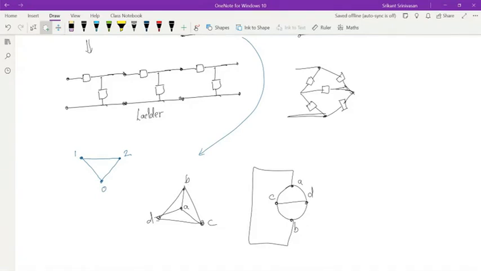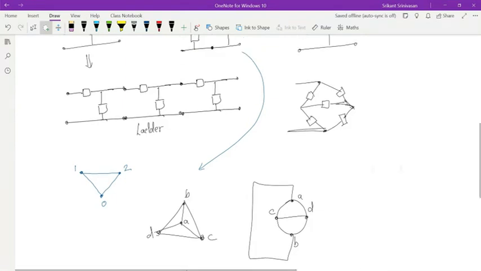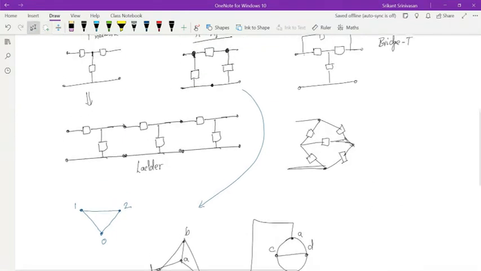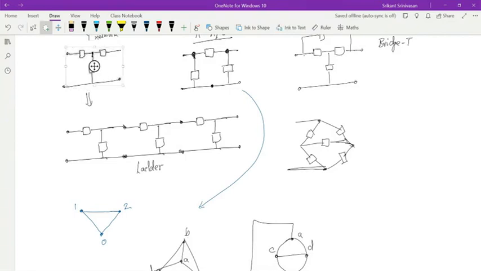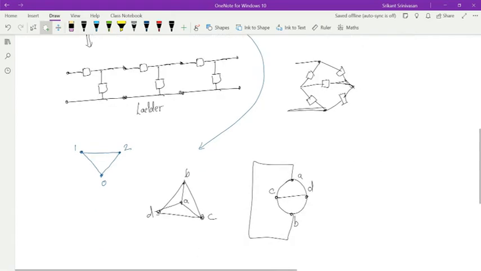So you automatically try to understand the networks in terms of some subcomponents. Supposing I draw some big complicated network, when you are solving it by hand on paper, you may say that I can see this part of the network is actually a T network, or this part is a pi network. And I know, for example, from Z parameters or admittance parameters, how to quickly solve these simple sections. But when the network gets complicated, it becomes very difficult to visualize.